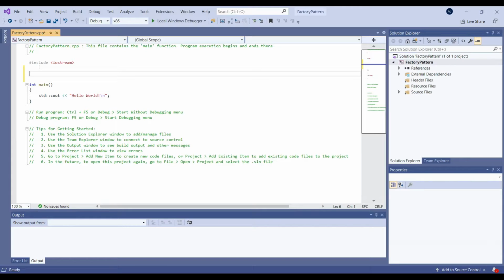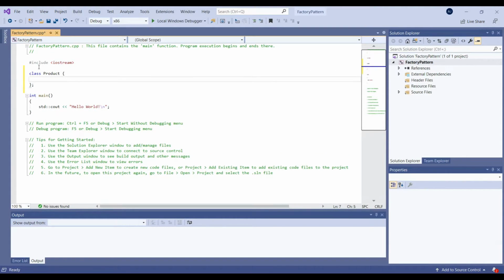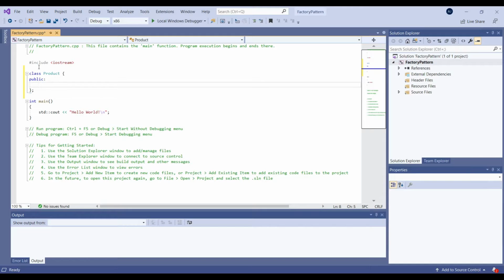So let's start with the code, guys. We'll take a product class. We'll have two products and we'll have a creational class that would be our main factory class, and we'll see how it works. So let's write a simple product class. Now this would be an interface, so you can just have a simple product create function over here, making it virtual. Simple interface.